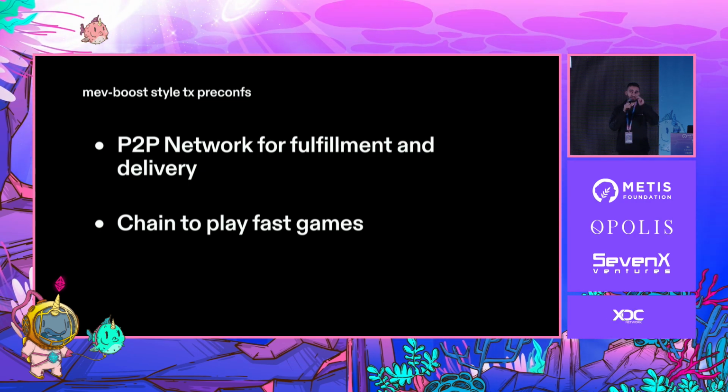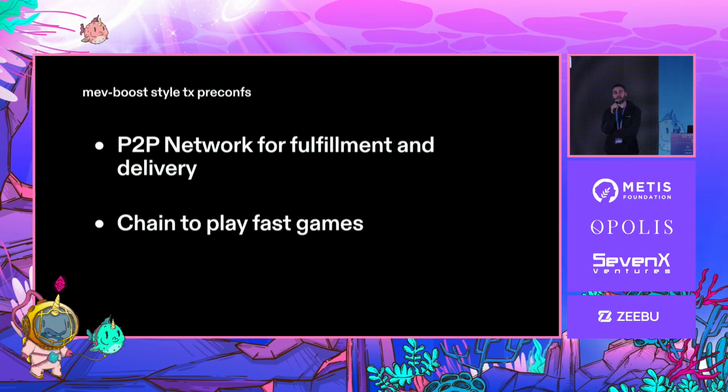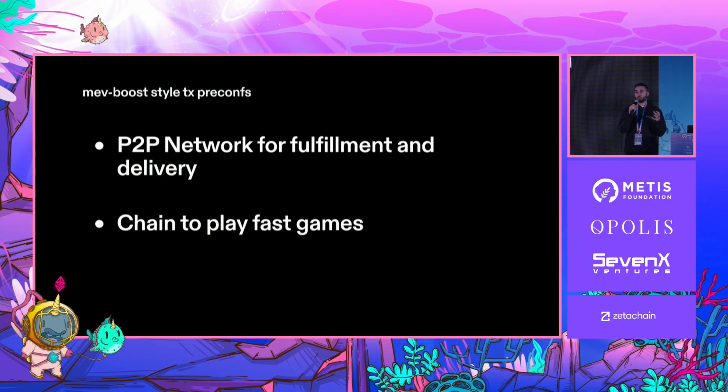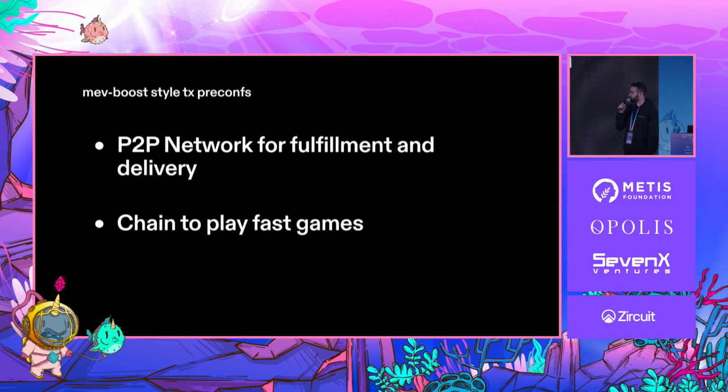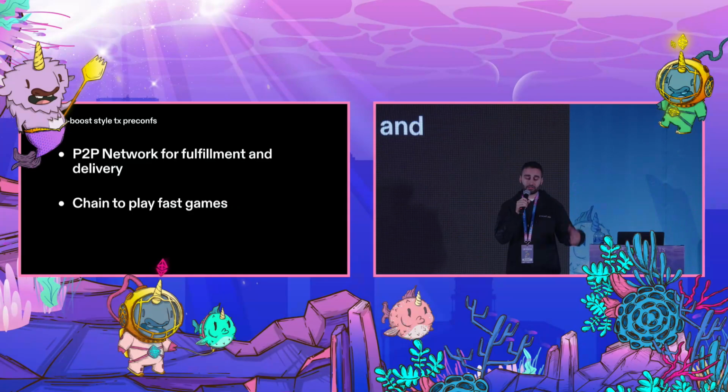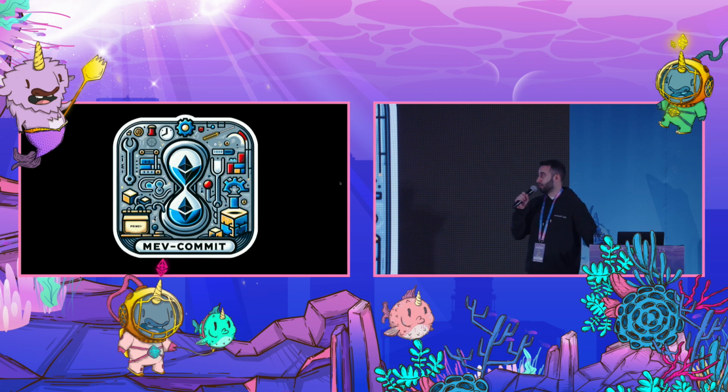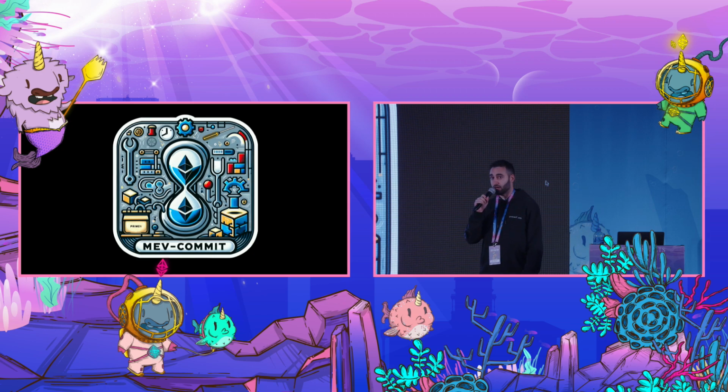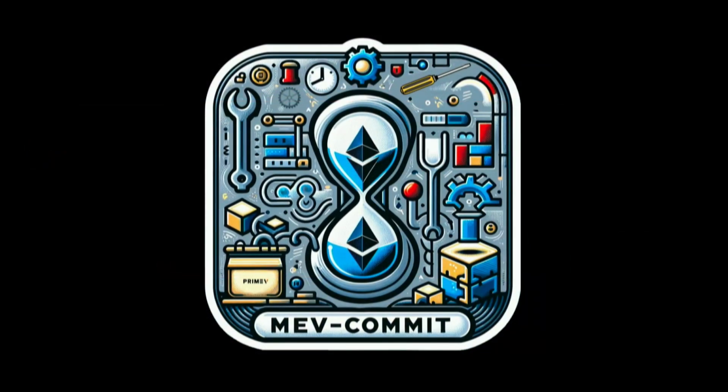The second thing is you need a different chain to play these fast games. And fast games are defined as games that Ethereum does not have by construction because it has 12-second block times. So if you're trying to play these intra-block games, you cannot do them on Ethereum. So we're creating a very high throughput chain, so that these kinds of pre-confirmation fast games and others that we get into later can be played in. So when you combine these two things together, you get MEV commit. MEV commit is a specialized network that is P2P oriented, it's real-time oriented, and it has this fast chain that can settle these bids and commitments.